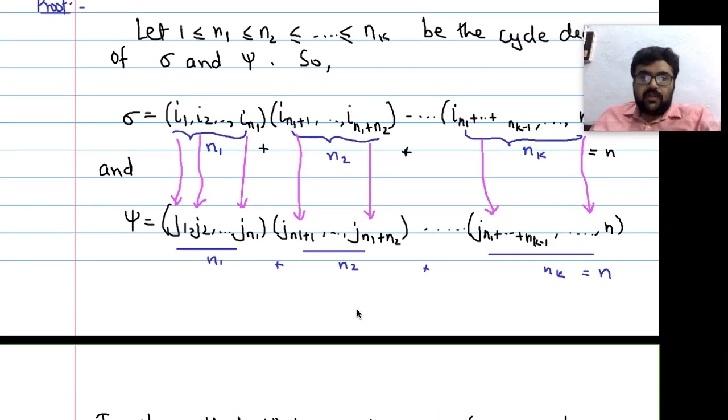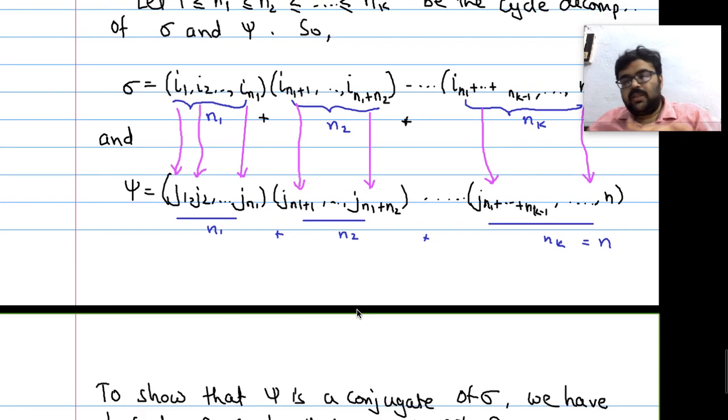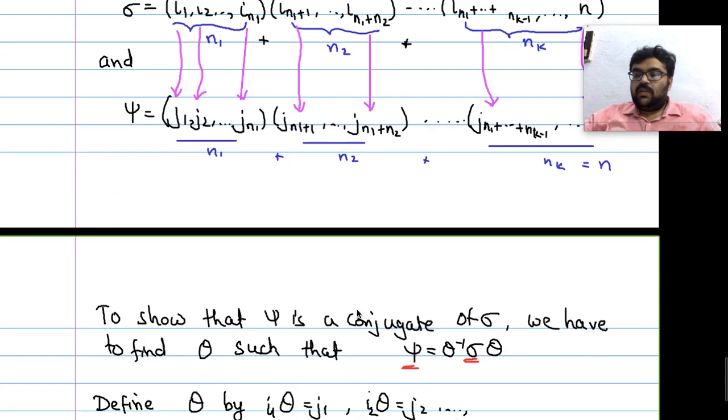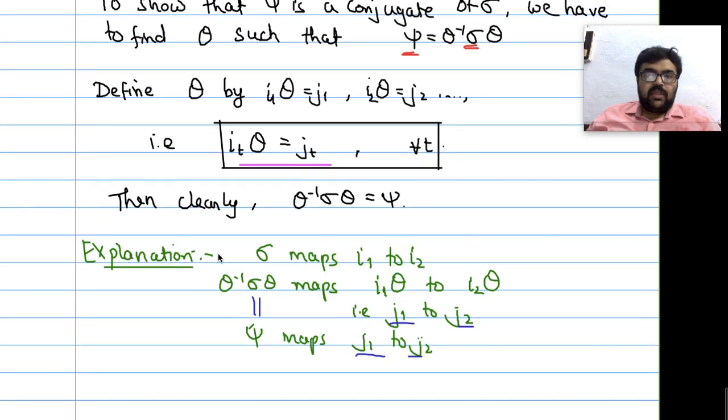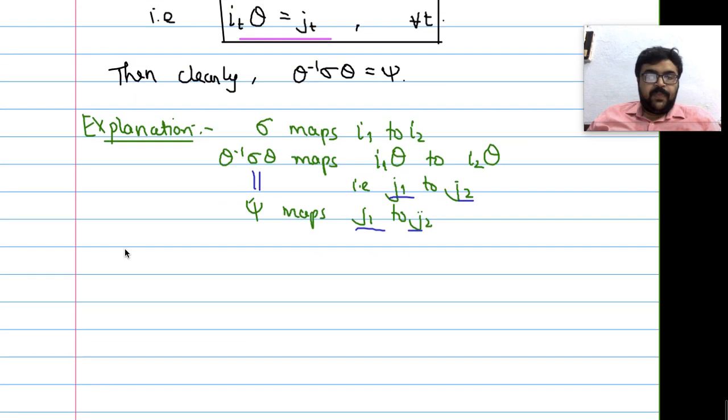Right? To show that if they have the same cycle decomposition, they are conjugates of each other: take the first cycle of length n1 and map each element to the corresponding element, then the n2 length cycle, and map each of its elements correspondingly. Then theta inverse sigma theta is nothing but psi. So what we have proved is, if we combine these two together, the theorem